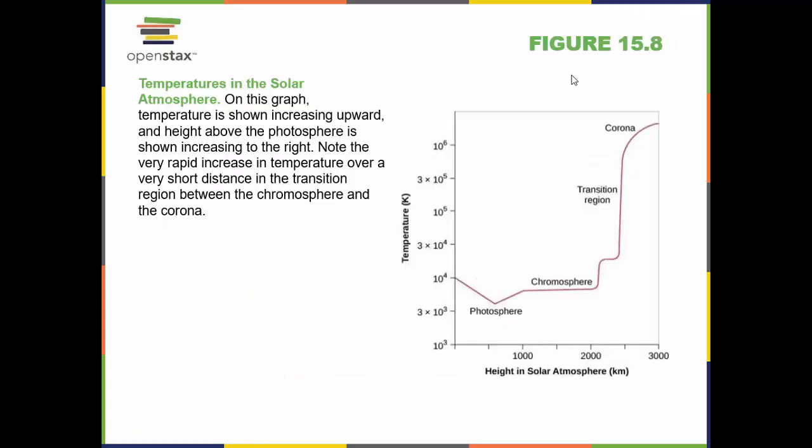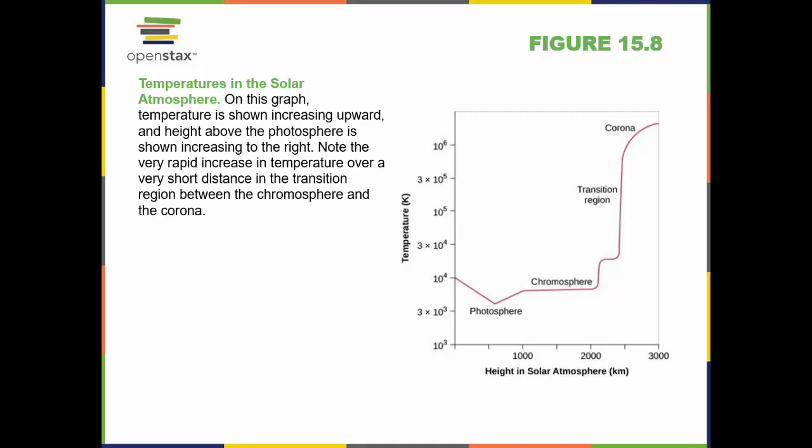If we look at the temperature of the solar atmosphere on this graph, the temperature is shown increasing upward, and the height above the photosphere is increasing to the right. And note the very rapid increase in temperature over a short distance in the transition zone between the chromosphere and the corona. So what we see here is at the beginning, we have a really hot center, and then it